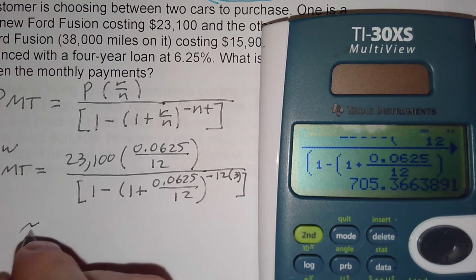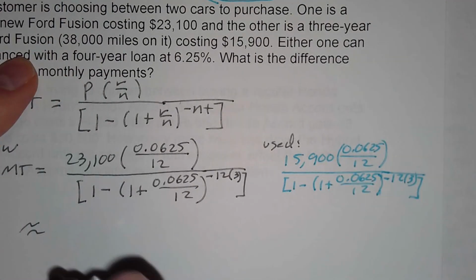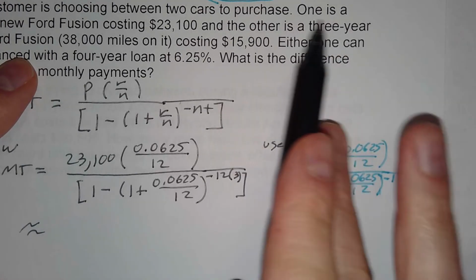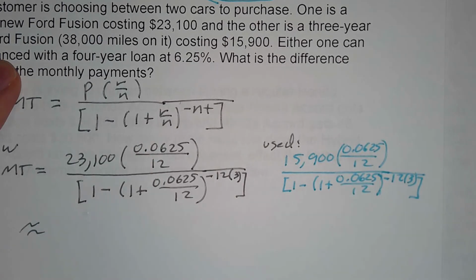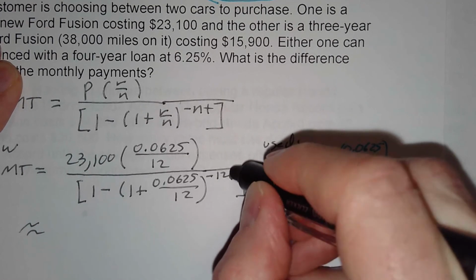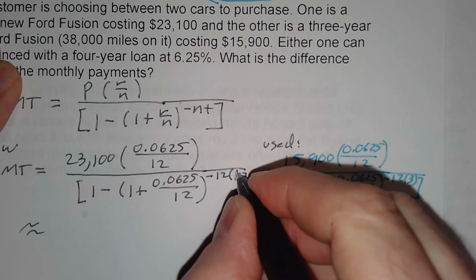And that would be, I'm sorry, these are supposed to be 4-year loans, right? Yep, that's my bad. I thought that was a little high. I was looking at this 3 here, and these are supposed to be 4-year loans, but that's okay, because this is going to allow us to illustrate something. So I made a mistake here. I should have put 4 here.